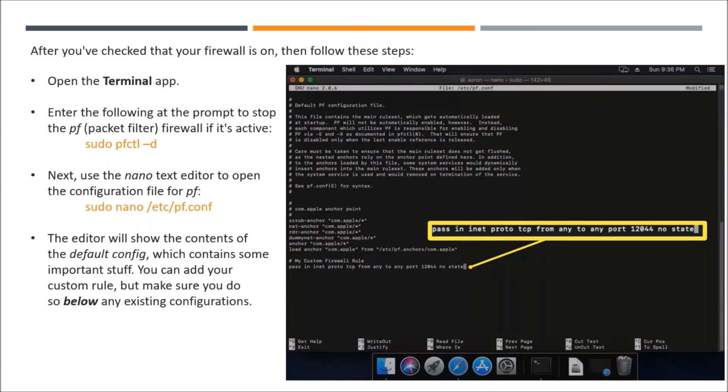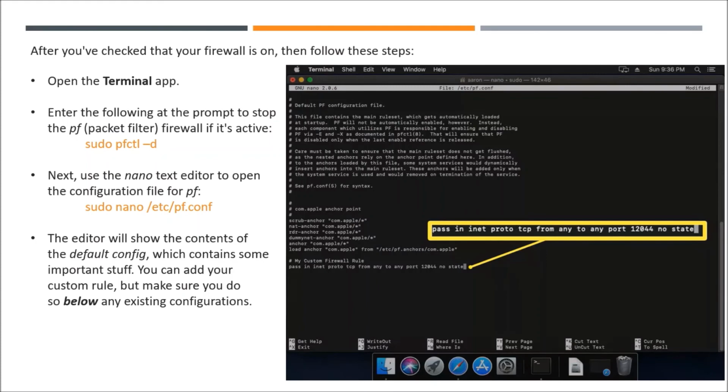You have to open the terminal, and type this command: sudo pfctl -d. It will stop the packet filtering firewall if it is active in the system. Next, use the nano text editor to open the configuration file for packet filter.